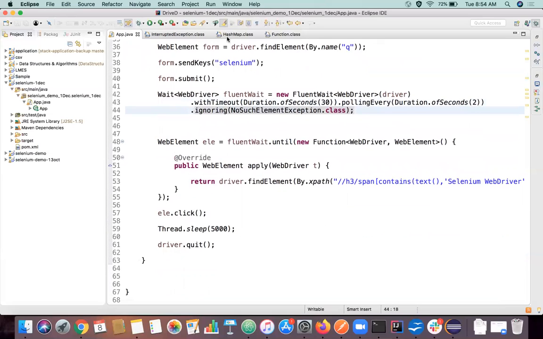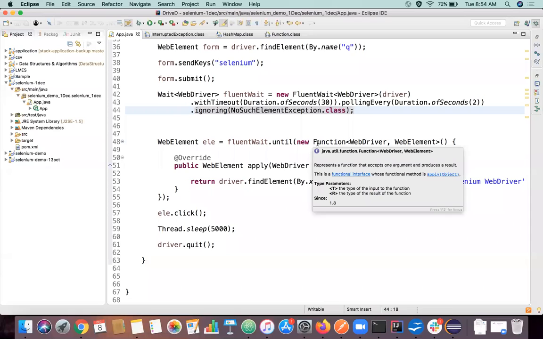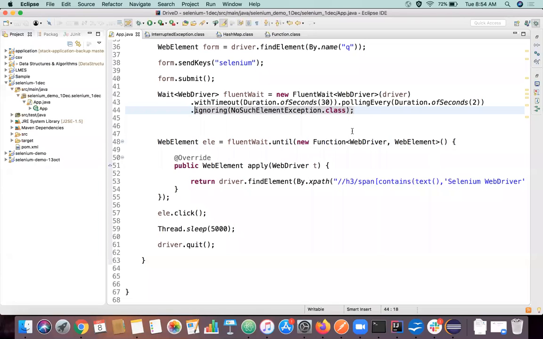Now what happens is this until function is there in this particular fluent wait class. We are applying it, and here we are creating a new function itself. There's a very good interface in our Java package called Function. Once you implement it, you can customize what input type it has to take and what should be the return type. So here the input type is WebDriver, because the driver is going to be passed as an argument inside our apply function, right? If you see this,